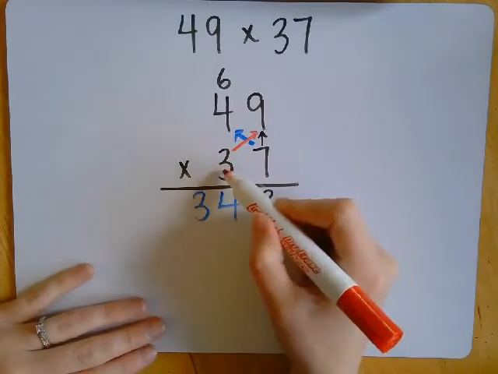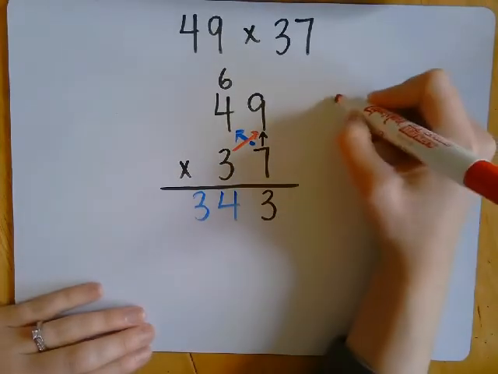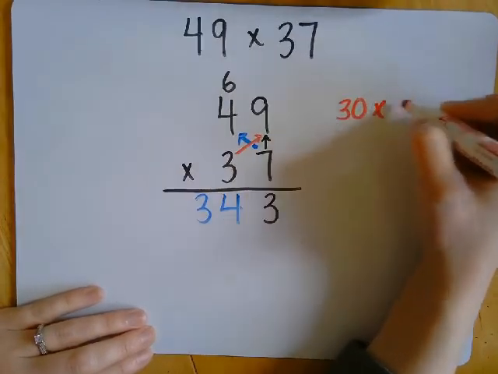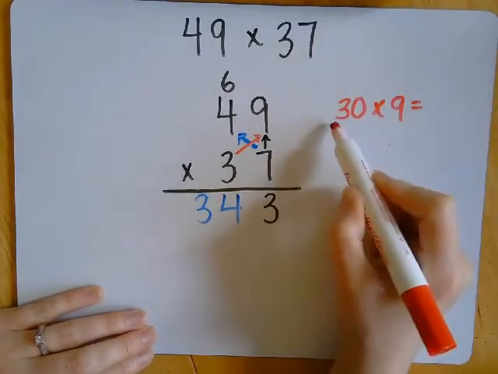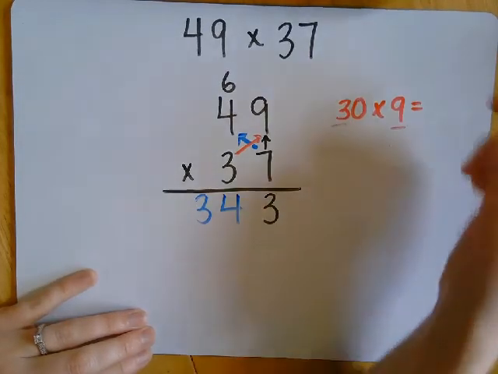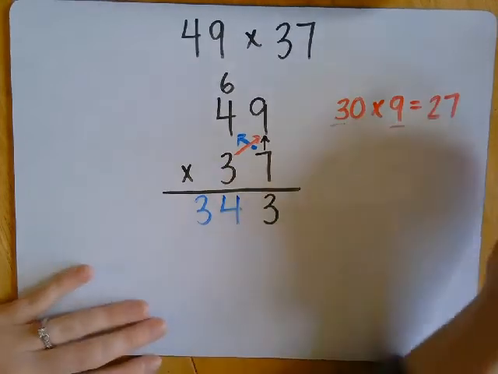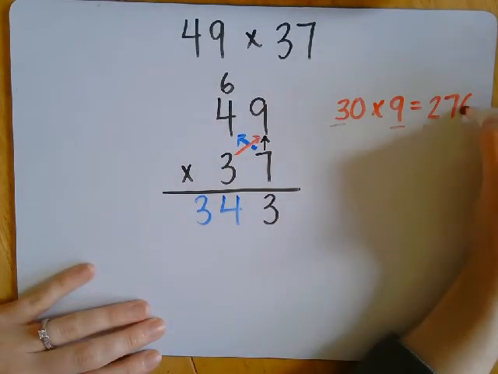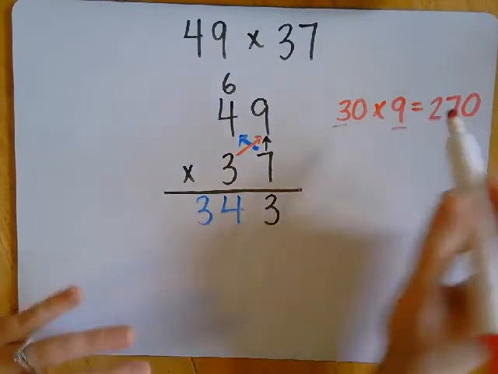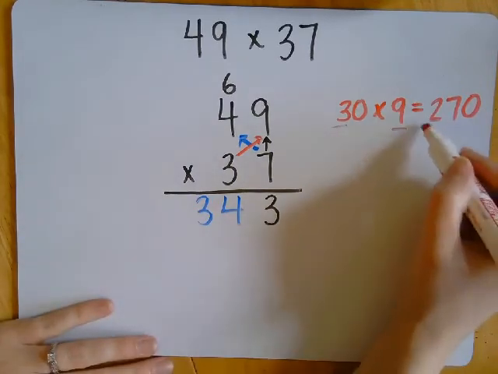But because it's in the tens place, I'm actually solving 30 times 9. 9 times 3 is 27, plus the 10 that I multiplied originally goes in my answer, so that's 270. So I need to put 270